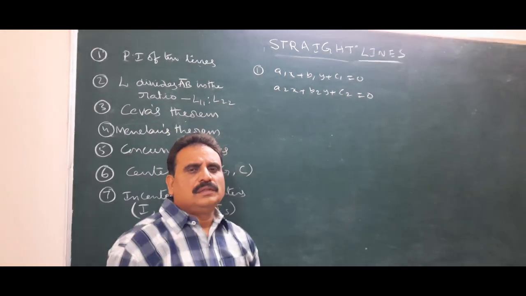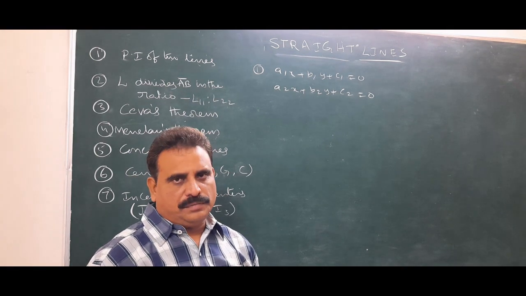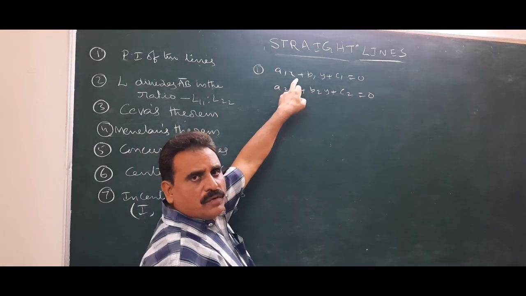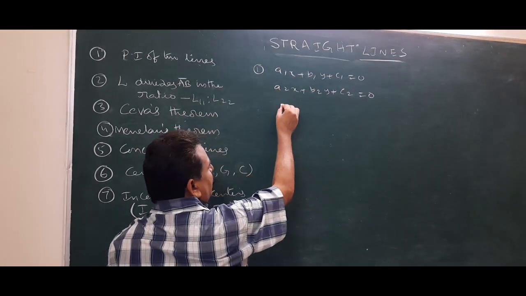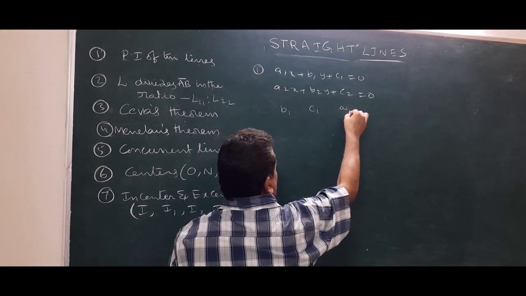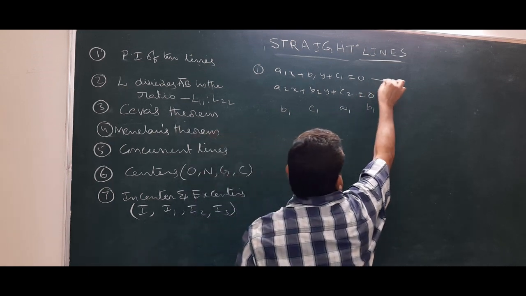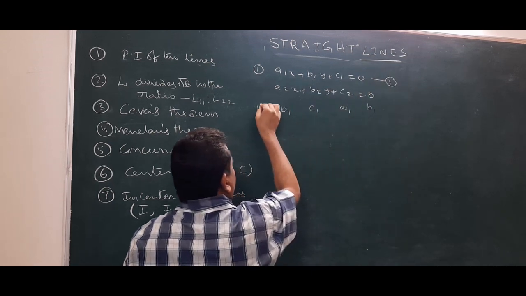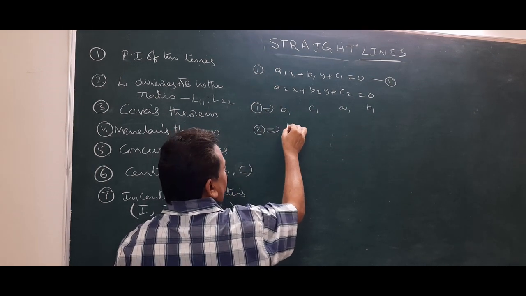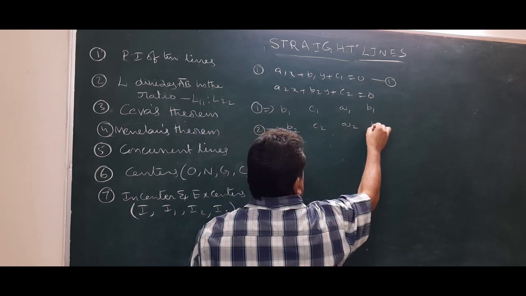Third one, that is the cross multiplication method. Now we discuss that method. Let us observe. From the first equation, you have to take the y coefficient, that is b1. Next, constant c1, x coefficient a1. Again y coefficient b1. This is from the first equation. Now, from the second equation, in the same way, you have to write down the y coefficient, constant, x coefficient, y coefficient.